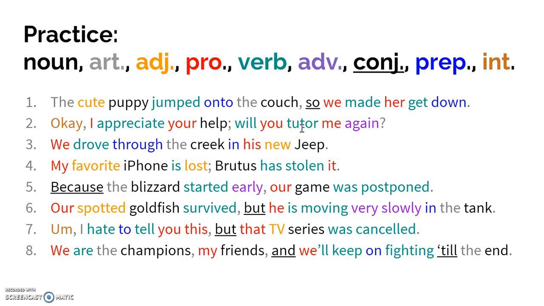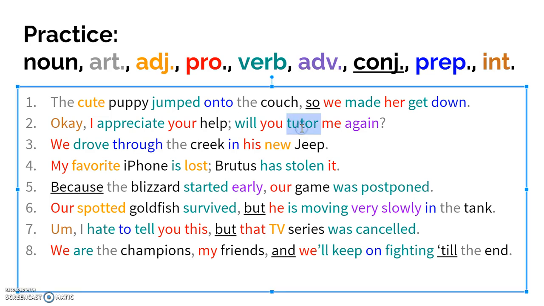Now, before I continue, please remember that a lot of words could count as more than one part of speech, depending on how they are behaving in a specific sentence. You and I know that the word tutor could be a noun to describe a person who is a tutor. Or maybe the word tutor is going to behave like a verb as it is in this sentence. So just because I've labeled something on this slide as a certain part of speech doesn't mean that word will universally be that category. Same thing for words like help